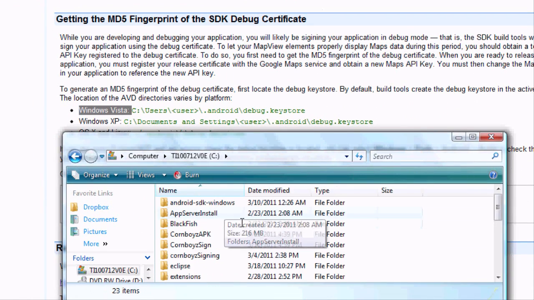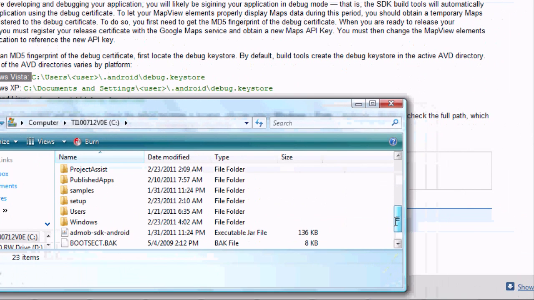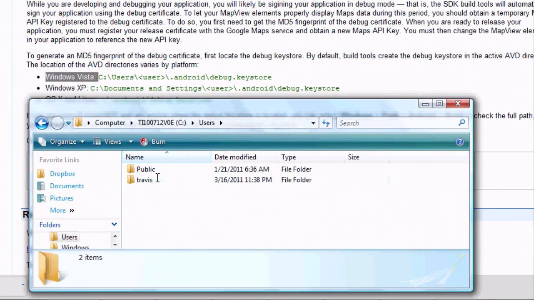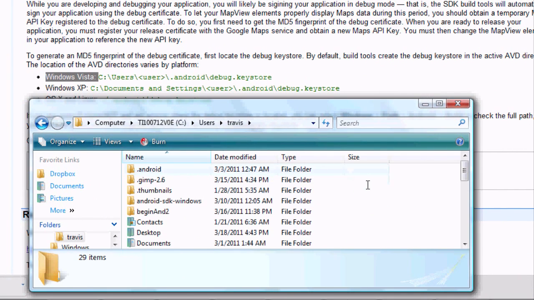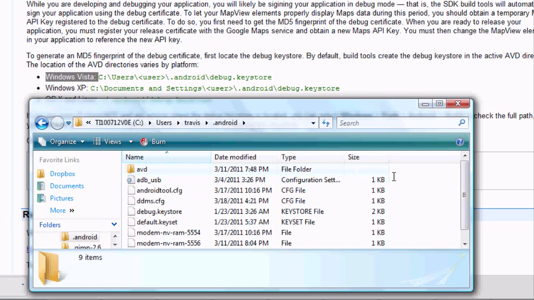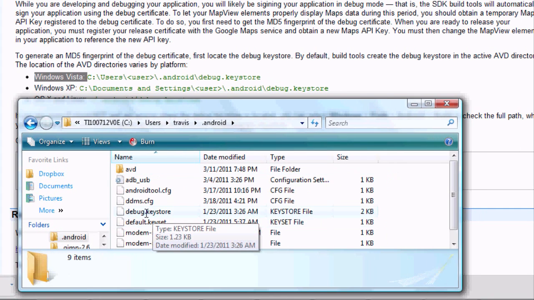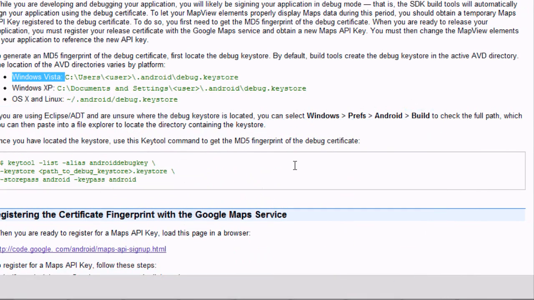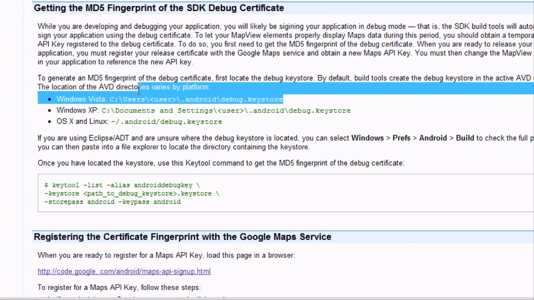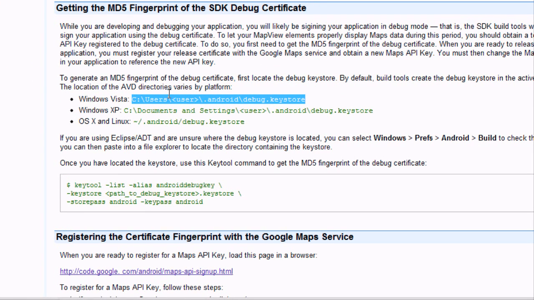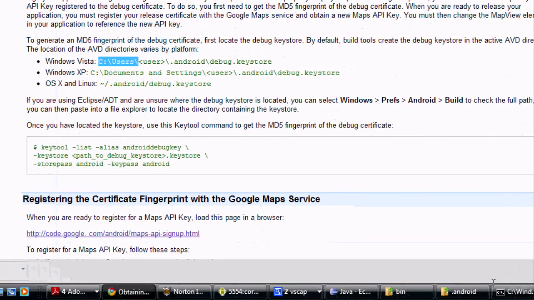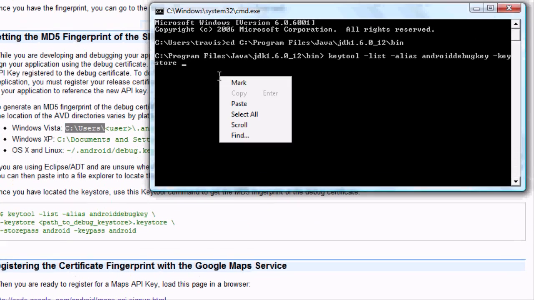It says in C, and then it says in user, Travis, Android 1, and you probably want to just make sure it's in there. And here it is, debug keystore. So we got it in there. That's where mine is. So I'm gonna copy this because mine isn't labeled user, and then just hit